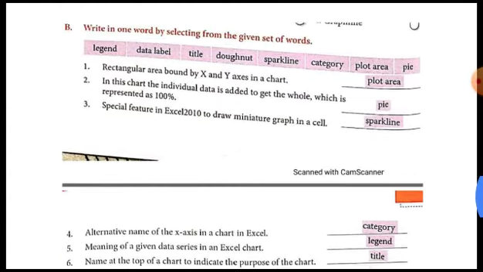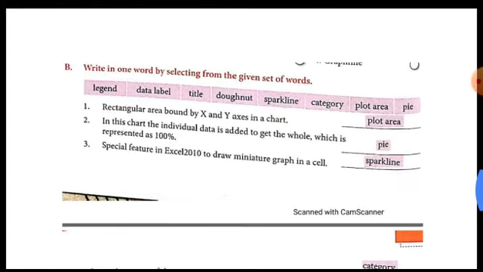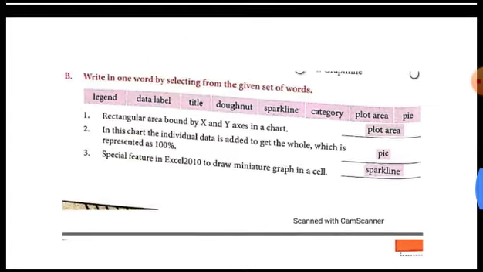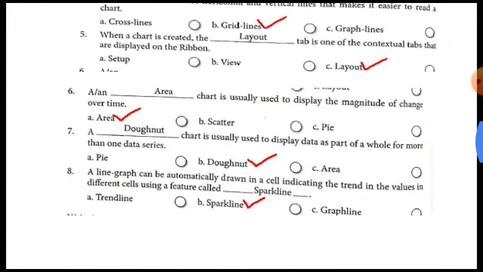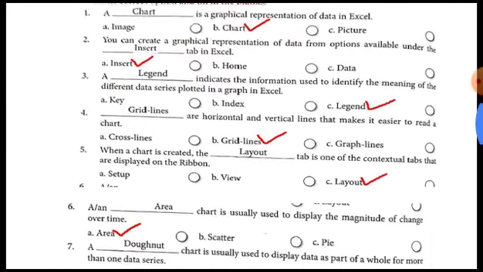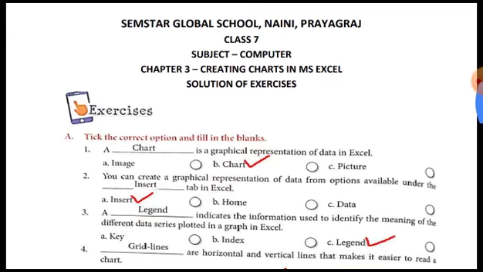Okay, so I've given the solutions of the first two questions of the exercises. In the next part of the video and the next PDF, I will give you the solution of the whole exercises in one PDF. This PDF contains only two questions. The next PDF, which will be uploaded tomorrow, and the next video will contain solutions of all the questions in your exercises, including these two questions also. All those questions along with these two will be covered collectively in the next video. So the next video and PDF will have the solutions of all the exercises in your chapter number 3.